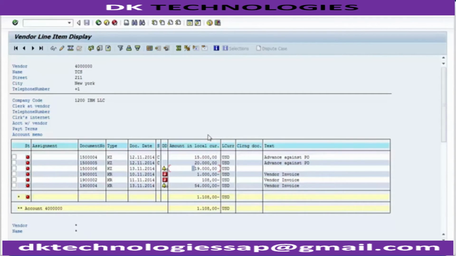But now there is another question with me. Whenever you make a down payment, you raise an invoice, you make a part payment, and then the remaining full payment against the invoice. So when this whole cycle gets completed, from making the down payment, receiving the goods, receiving the invoice, and then making the final payment, when the whole cycle is complete for that particular purchase of goods, then in that case these open items should not be reflected on the vendor ledger because this would confuse you